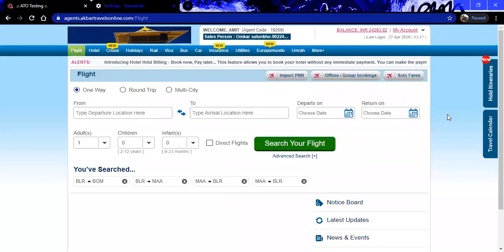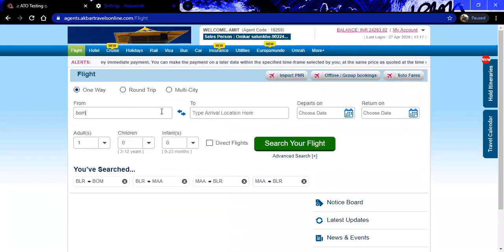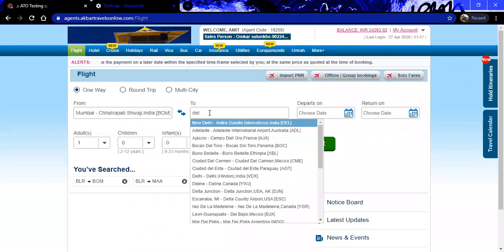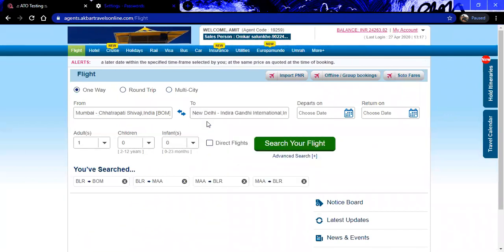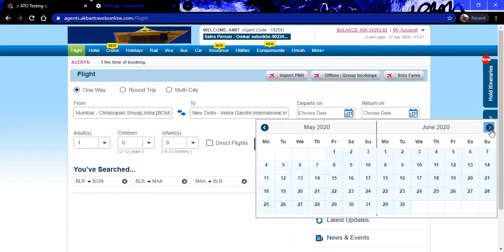Okay, moving on to the next step, that is the booking step. I will be showing you what all details are there in the search availability form. Okay, selecting again Bombay, Delhi. You can put the three-letter code over here, or you can put the whole name also. The system will search the destination accordingly. You can select the destination from the drop-down box, and you can go ahead with the search.